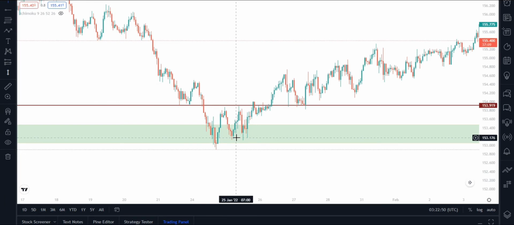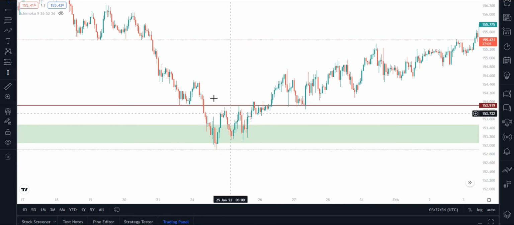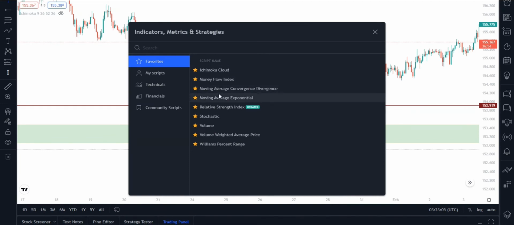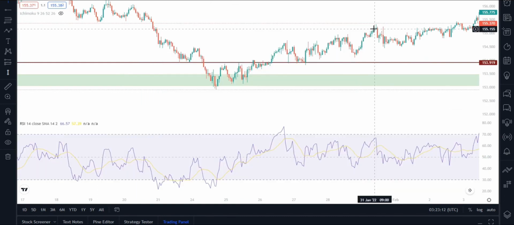And from here, another thing, when we come here, what we are going to do is we'll apply our indicator, that is our RSI. And what we are looking for in the RSI is simply divergence, nothing else. So look to see whether we have divergence on the RSI. So let me add the RSI for us to determine our divergence. Okay,